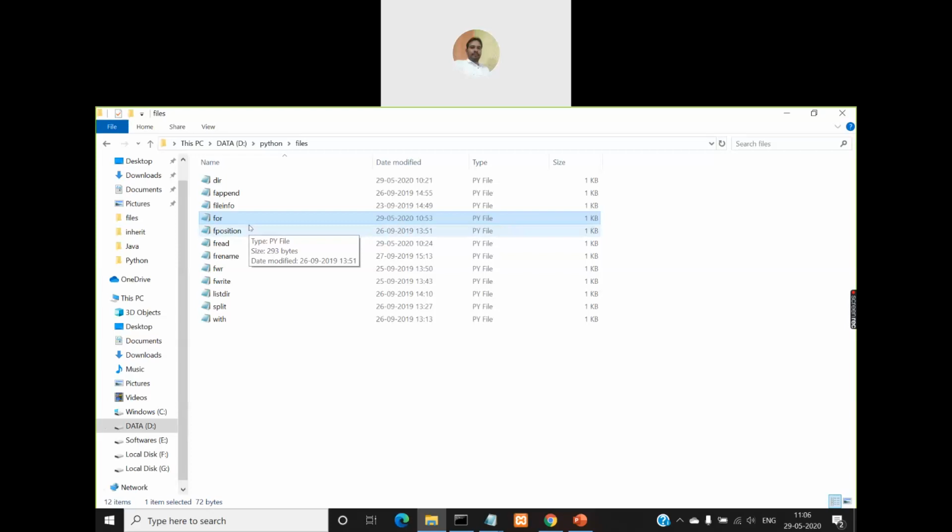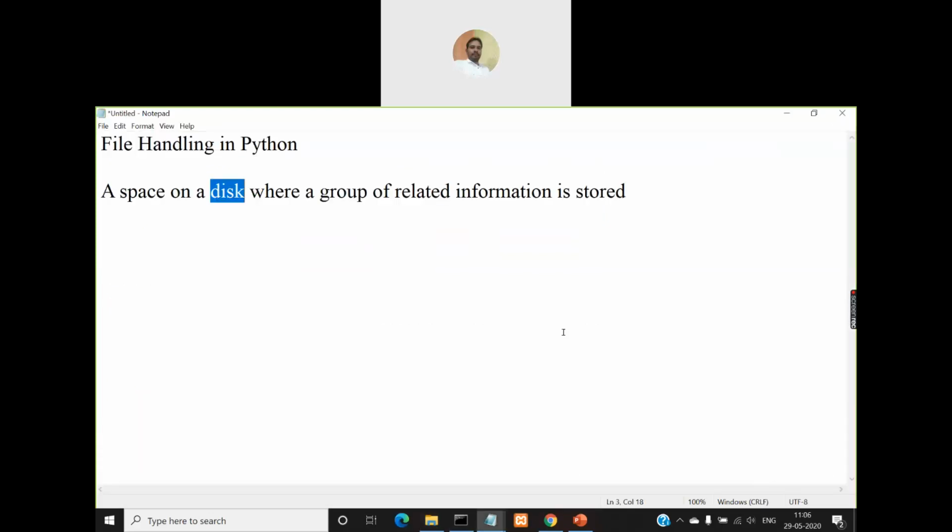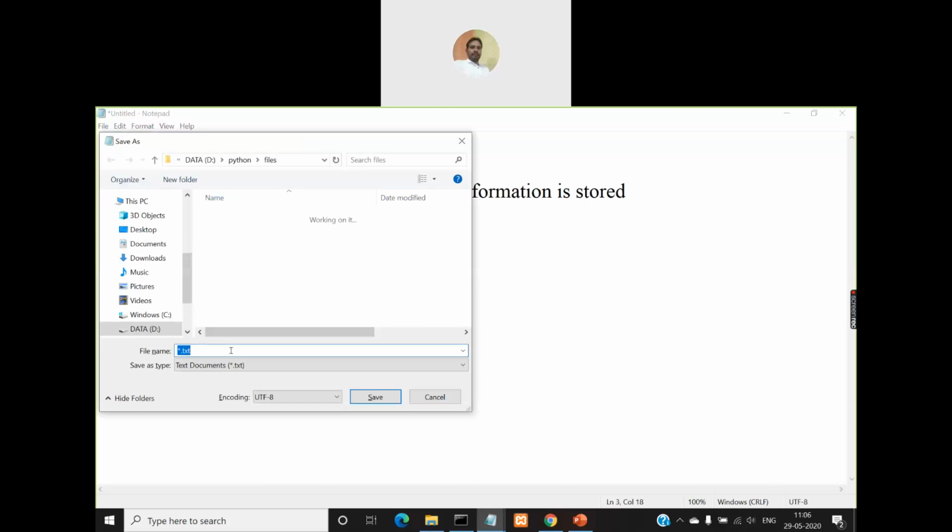But those programs are provided to us by the operating system of the computer. Say now if I open a new notepad, right? So I can create a file now. A new file can be created by pressing Ctrl S. It will ask me to enter some name and give some extension to that file and save it. So this is how you are creating a file. But what is happening in the background? There is some program which will do all these tasks for us. Whenever you press Ctrl S, automatically a program executes and that program will save a file, will create a file